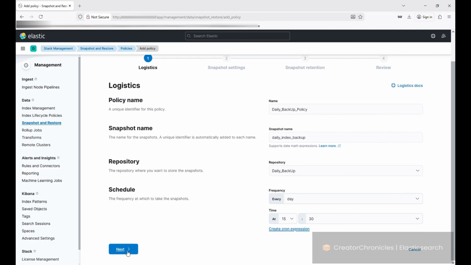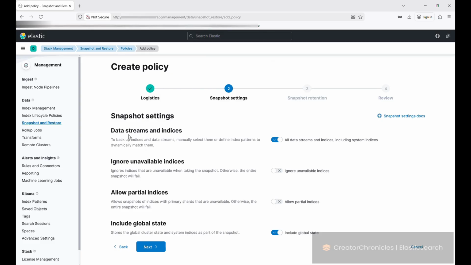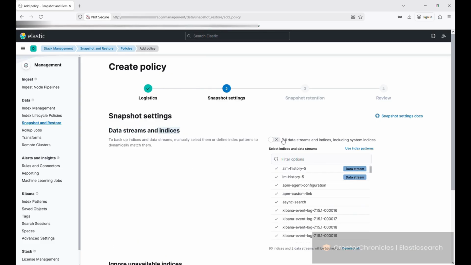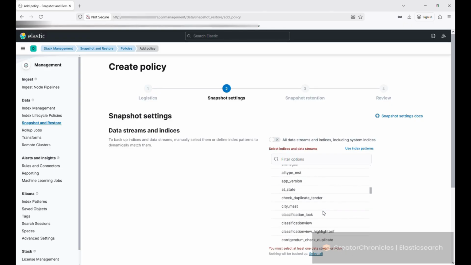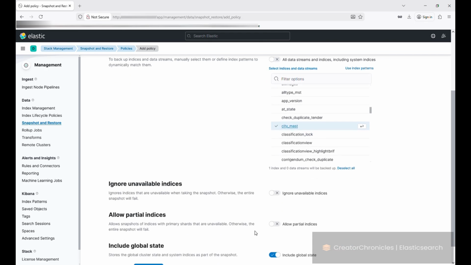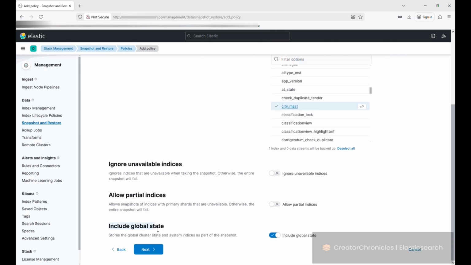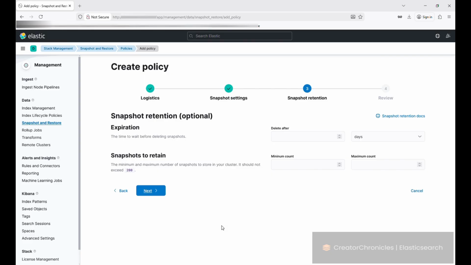Turn off the data streams and indices toggle. When this option is enabled, all indices are included in the snapshot. Since we only need specific indices, keep it disabled. Then deselect all. Next, choose the specific indices that you want to include in the backup. Disable the Include Global State toggle to prevent default indices from being included in the snapshot, and then click on